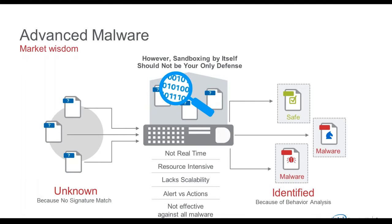The next point in here is alerts versus actions. And that's an important one. So when we are talking about bringing in a new solution, so a dedicated advanced malware solution or some kind of sandboxing solution, oftentimes, and this is one of the results of potentially having something that is not connected to the rest of your security infrastructure,